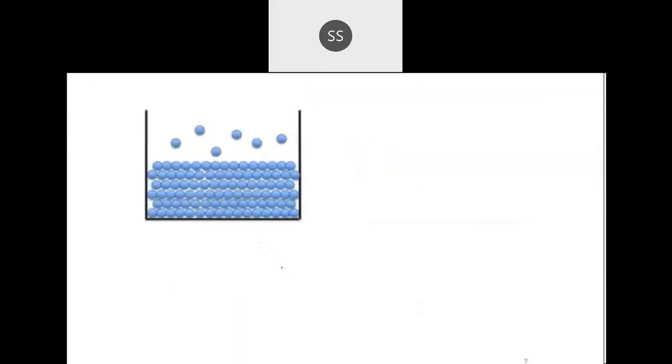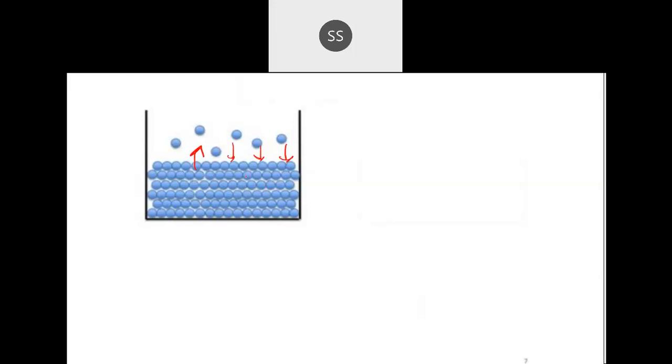Now here you can see I have taken the first component, this blue color. This is one component which I have taken here. Now imagine they are in a closed container. Now you have to apply all that vapor pressure concept. If you have understood, try to apply. Here I have one liquid. It's obvious that after some time this will go into the empty space and become saturated, and then the gas molecules will collide with one another and exert a pressure. That pressure will be called the vapor pressure.